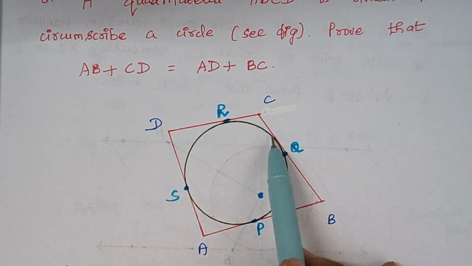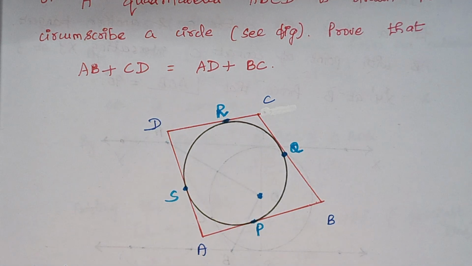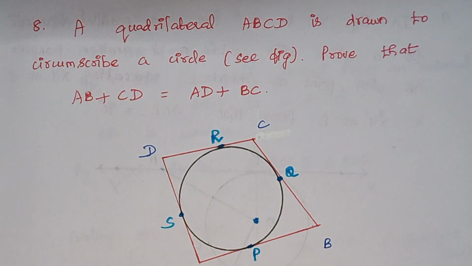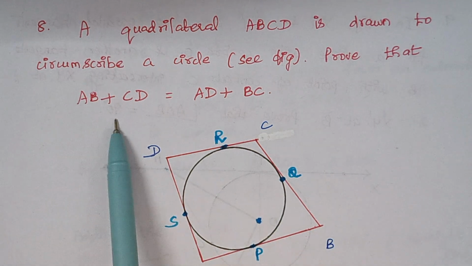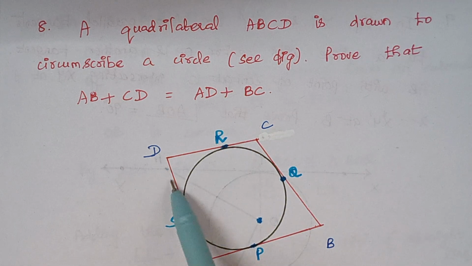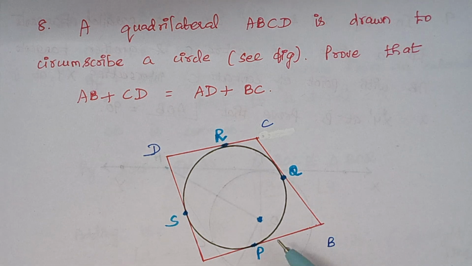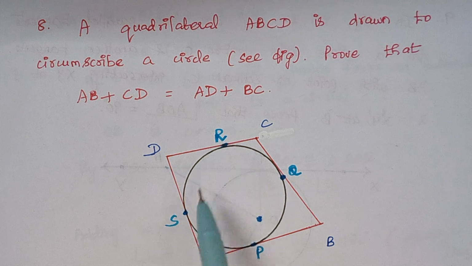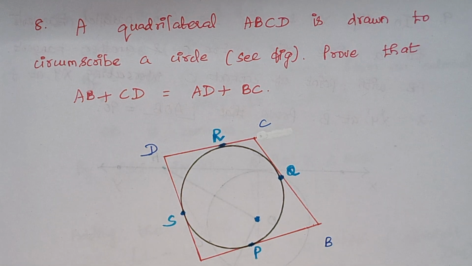We are having a circle, right? And ABCD is the quadrilateral. Okay, any four-sided figure is known as quadrilateral. So here we have to prove AB plus CD, okay, AB plus CD is equal to AD plus BC. Right. So here we are having some other points. They are P, Q, R and S. Right. So here the first step is